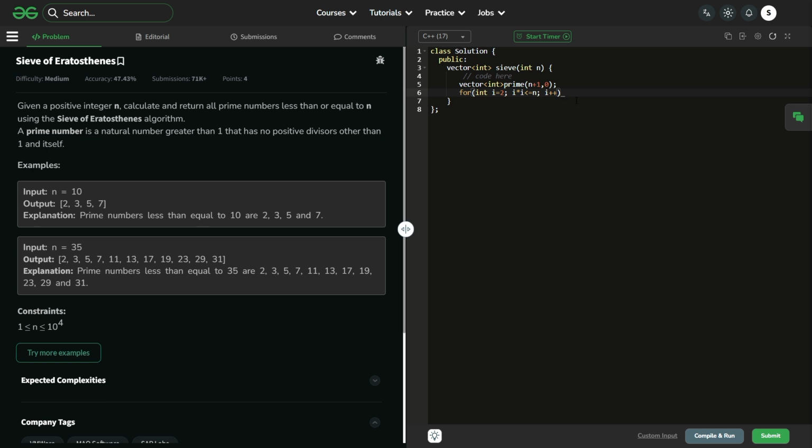Now if prime of I equals 0, close this bracket. So we have applied a condition here: if prime of index I equals 0, meaning we have initialized our indices to 0, and if it is 0